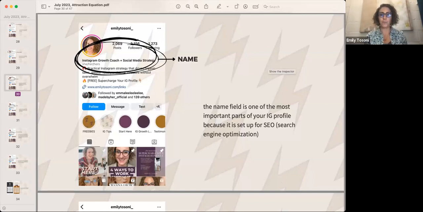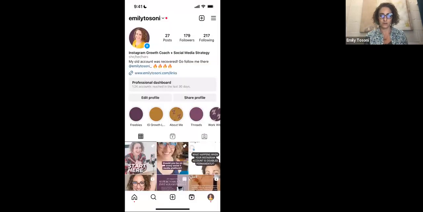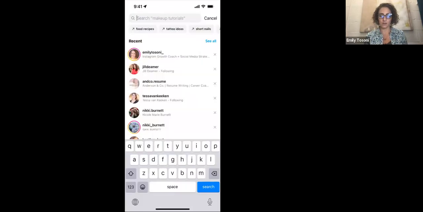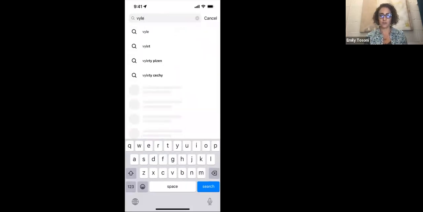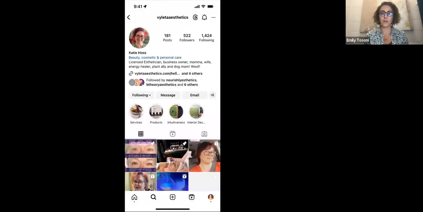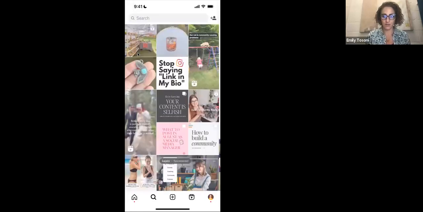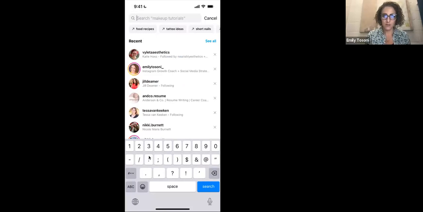Okay, so if I go in and search, let's go look at Katie's. Katie's has her name there. I know, Katie, it's because you're here, so I'm using you. What Katie's could be is Katie, and then it could be like an emoji or a slash, preferably not an emoji, a slash, like this key right here, just like a straight line. Okay, is what I'm referring to.